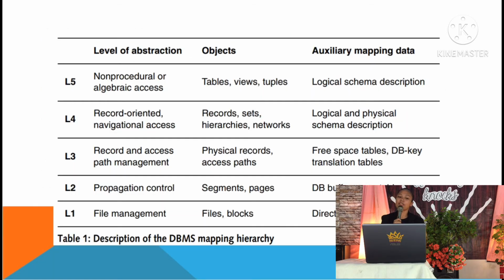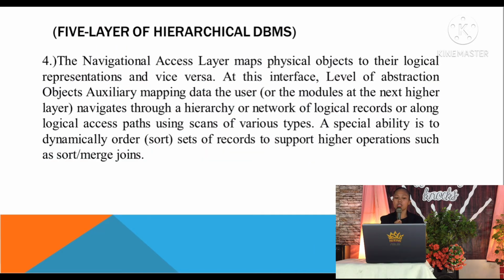Number 4, the navigational access layer maps physical objects to their logical representations and vice versa. At this interface level of abstraction, the user of the modules at the next higher layer navigates through a hierarchy or network of logical records or along logical access paths using scans of various types. A special ability is to dynamically order or sort sets of records to support higher operations such as sort, merge,